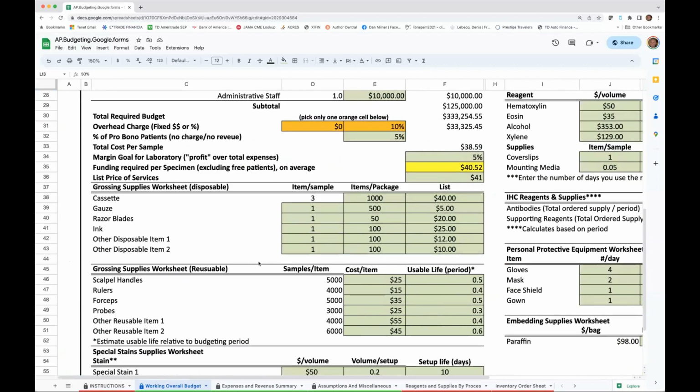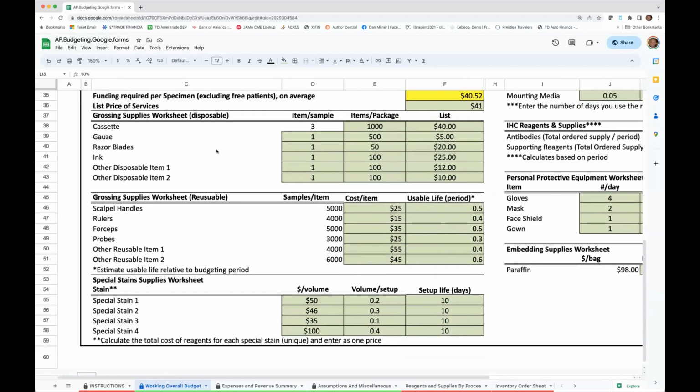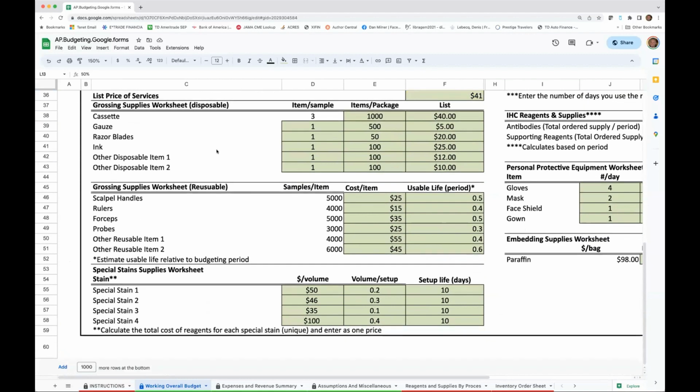We're going to come over here and look at our grossing supplies, right? We use cassettes, we use gauze, razor blades, ink, and maybe other disposable items that are there. You can put in whatever you need to. Then we have our reusable grossing supplies, like our scalpel handles, rulers, forceps, probes, other reusable items. And then